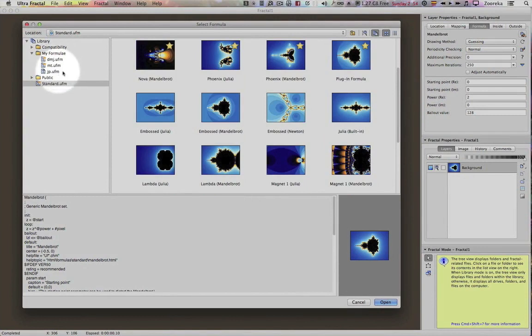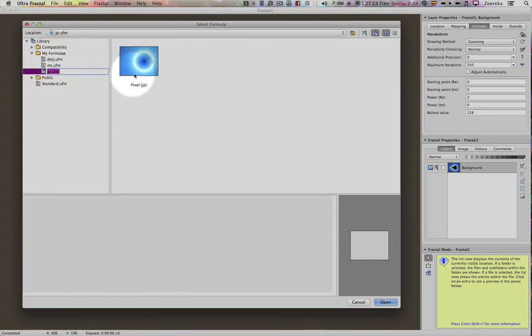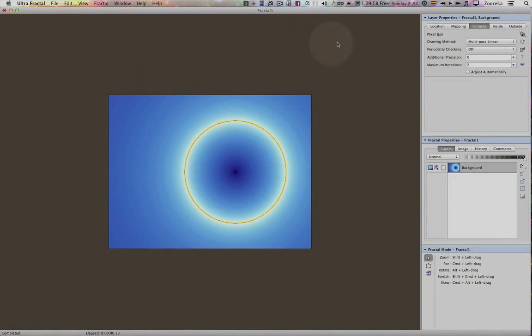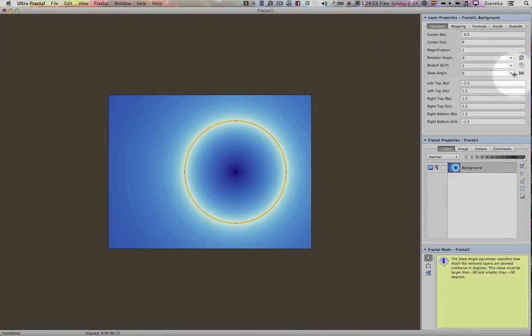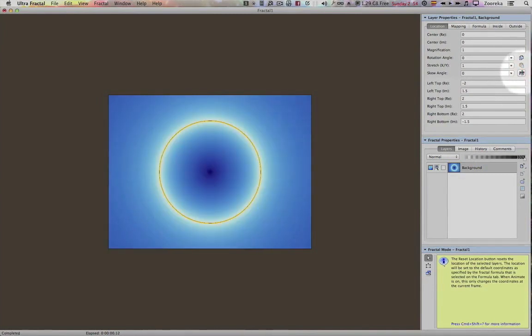Thinking in terms of colouring, the cart before the horse. Okay, we want the formula JPEG, or sorry, jp.ufm, or you can use the MT version as we've seen in the previous lesson. Let's go to location, okay, and we'll reset the location to have everything nice and cushy in the center. Okay, the outside